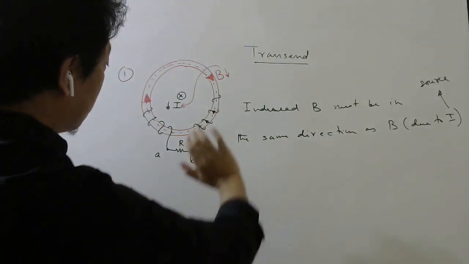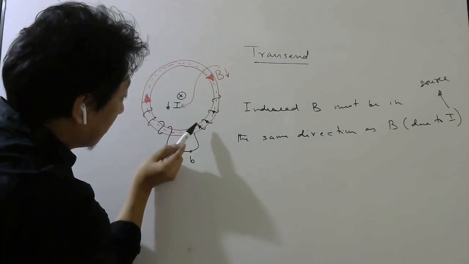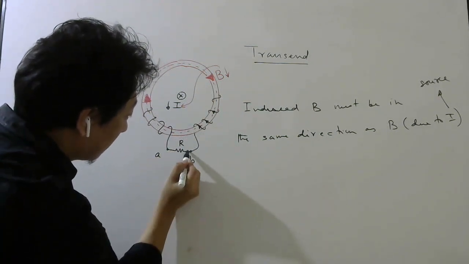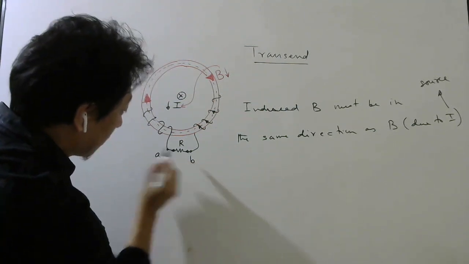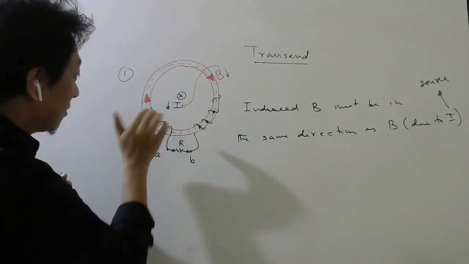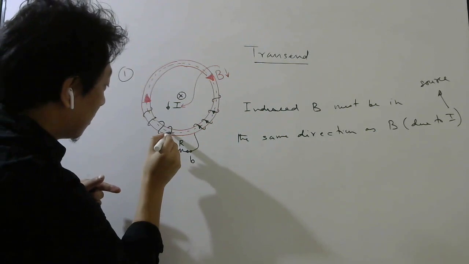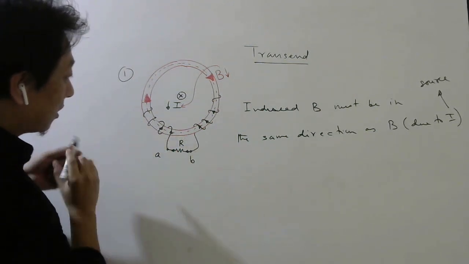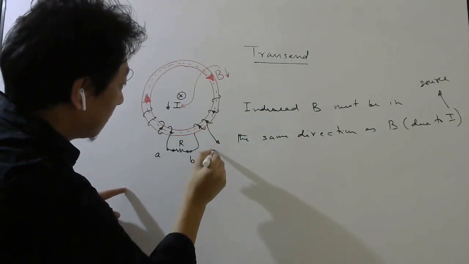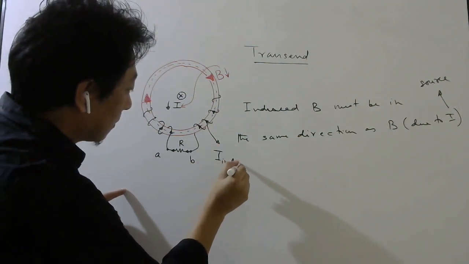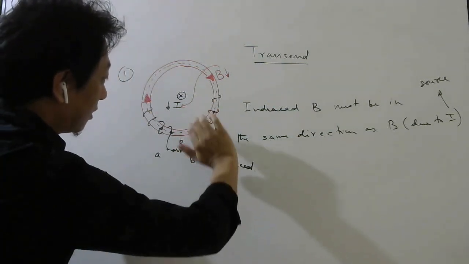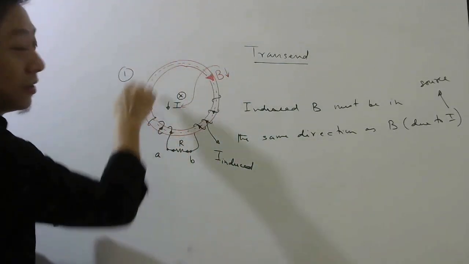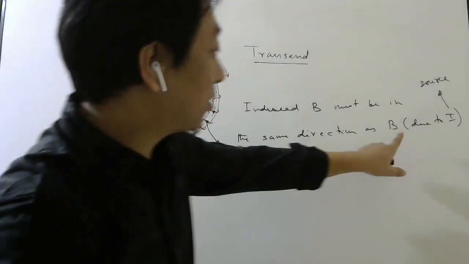So if the current flows like this, you can see it will go like this, then come here, back side, and then it will go this way. And then it will go like this, then it will be this way, right? Here it will be this way, here it will be this way. So these are all induced currents. These induced currents will produce a magnetic field which will support this magnetic field, the one produced by the source current.